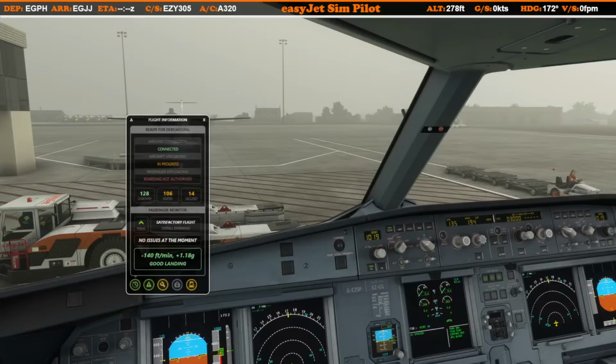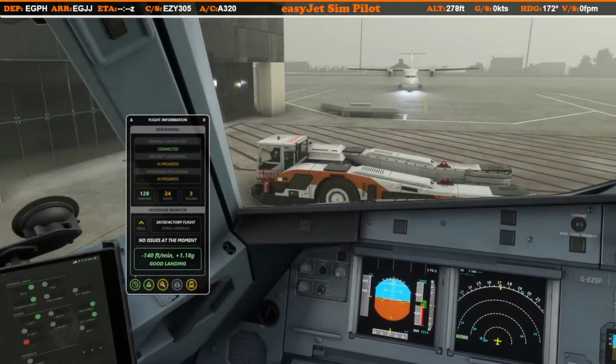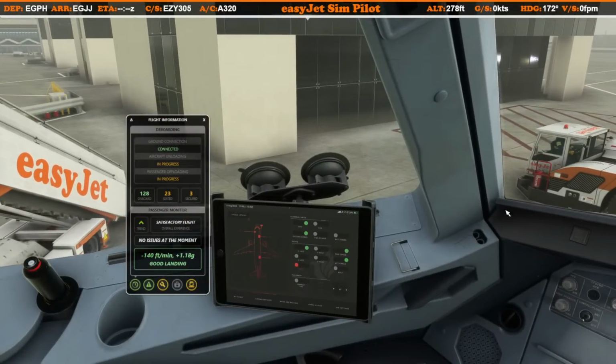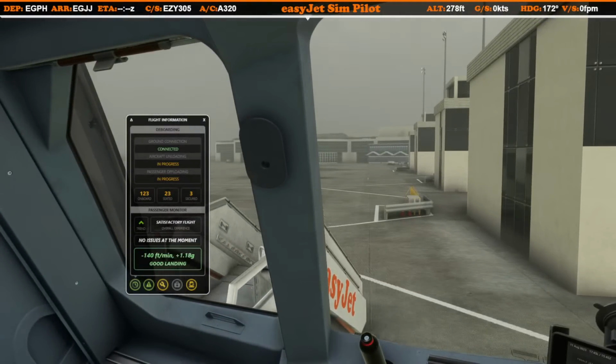Cabin crew, clear to disarm doors and begin deboarding. Ladies and gentlemen, your portable electronic devices must not be used until you are inside the airport. When disembarking, please take...